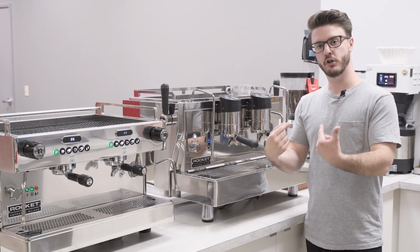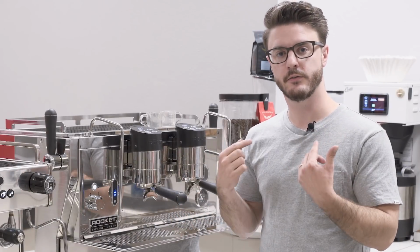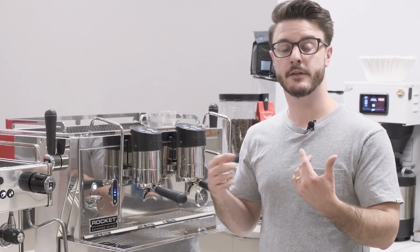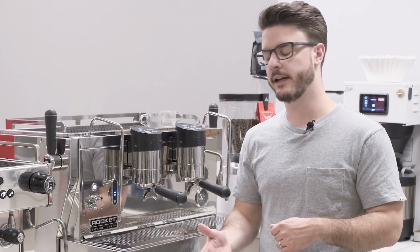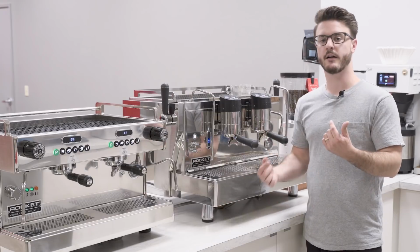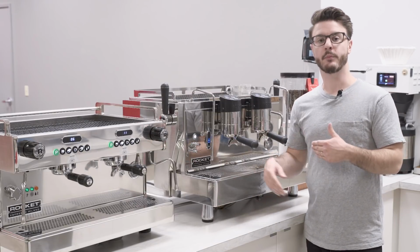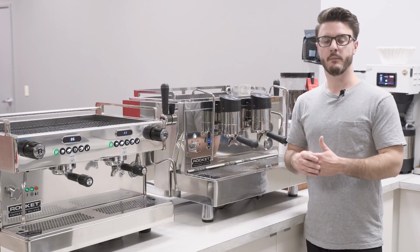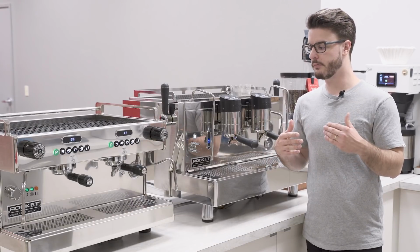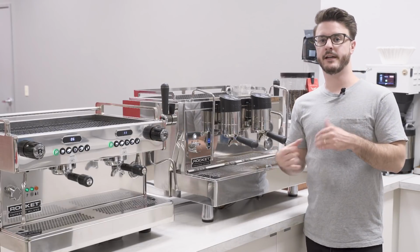But the heat exchanger design uses one massive boiler, and a simplified version of it is it has little tubes running through it. As water passes through those little tubes, it is heated up to the proper temperature for brewing coffee. If you're using the machine consistently and constantly pulling water through those heat exchanger tubes, you're going to have a pretty consistent temperature, but that temperature can vary because